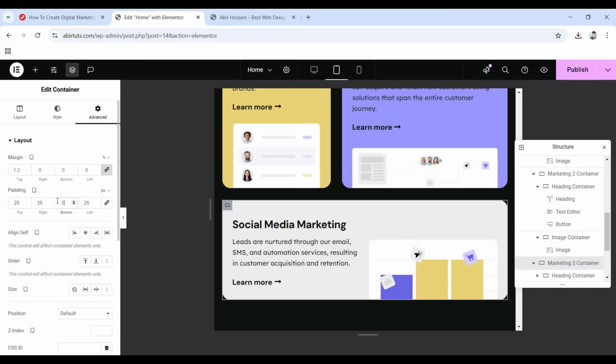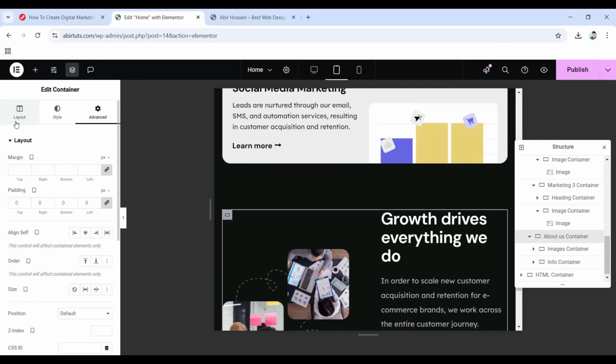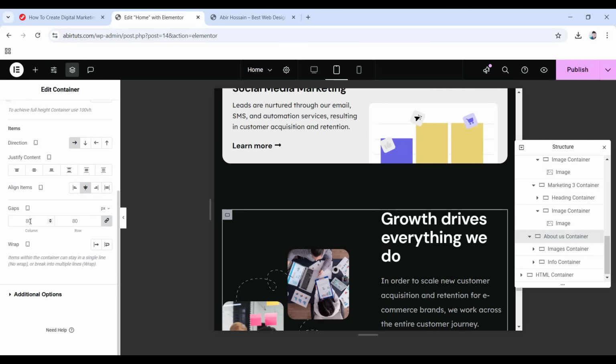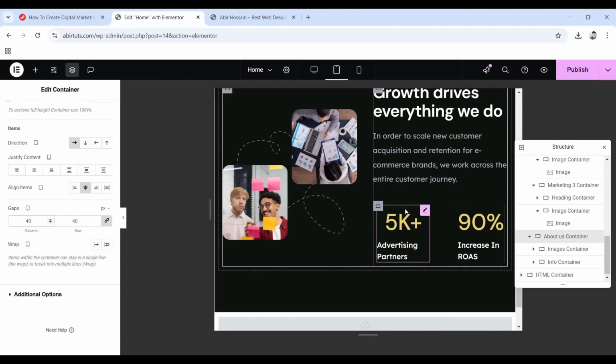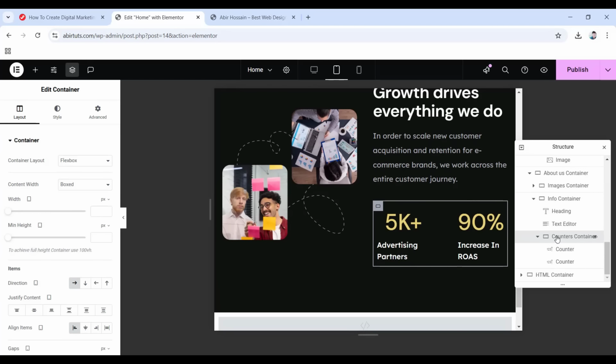0. There you go. Now scroll down and choose this About Us container, go to its layout, then scroll down and set all its gap to 40 pixels. Then choose this Counters container, this one, and we don't need to change anything for this one, but let's change